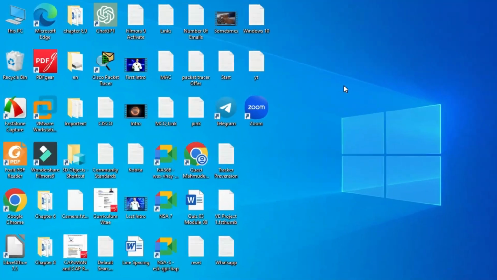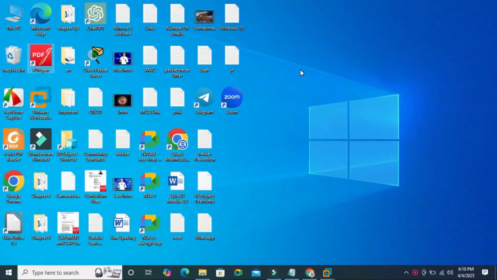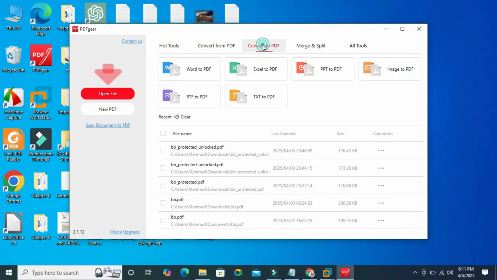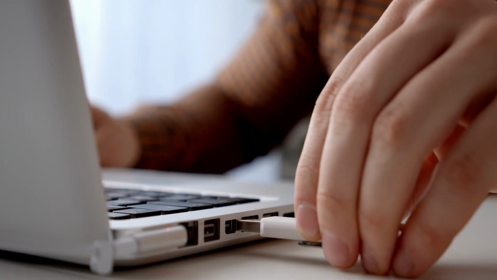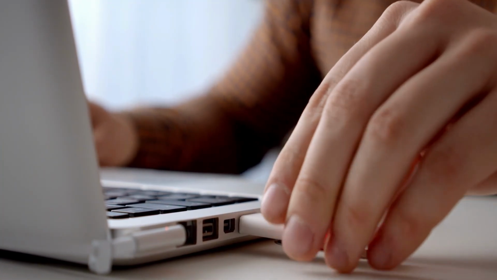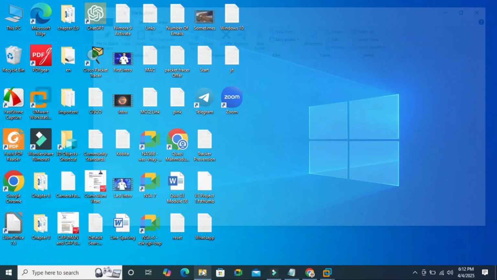Here in my Windows 10 computer, I have an app, PDF Gear. I want to transfer this app to a Windows 11 computer without reinstalling it. Connect a USB drive to the source computer, I mean the Windows 10 computer, and then go to File Explorer, click